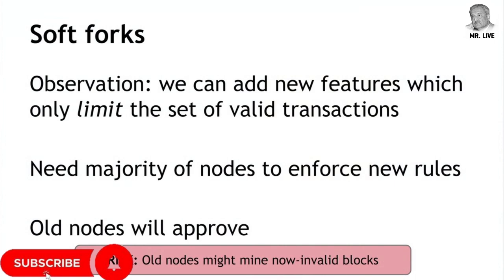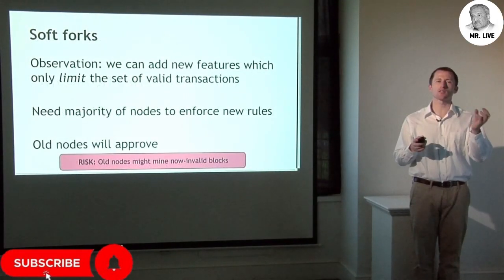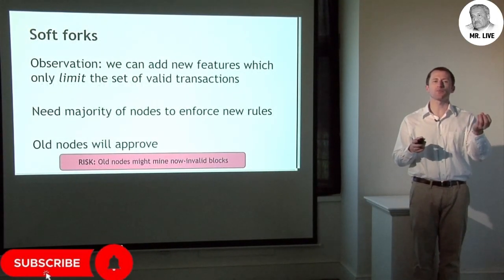There is a risk here, which is that old nodes might be mining an invalid block because they include some transaction which used to be valid, but according to the new, more strict rules, is not valid anymore. So that could be bad. Those nodes could waste a lot of time mining a block that the new nodes will reject. But when they try to announce that new block, the new nodes will reject it. The old nodes will at least figure out that for some reason, even though I don't understand the reason, the rest of the network has rejected my new block. Therefore,